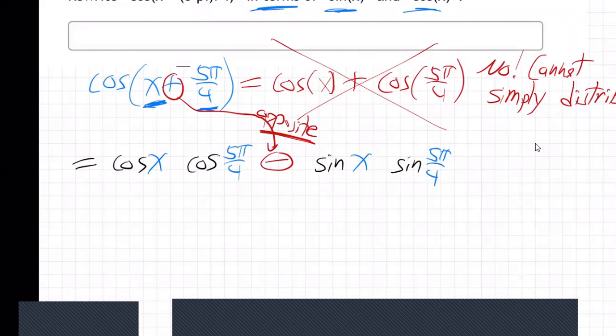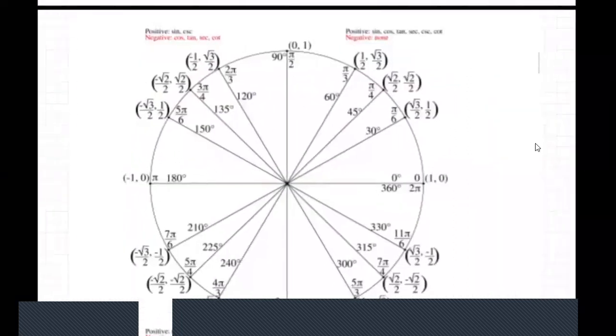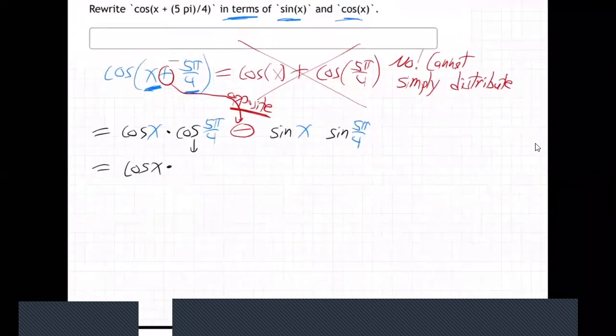Okay, now what do we do with that? Well, cosine x just stays cosine x. Oops, sloppy here. My pen is just getting so slow, it's lagging. It's just cosine x, okay, times. Now, what's the cosine of 5 pi over 4? Well, we can just go to the unit circle and grab it. Let's go to the unit circle, put it in here. 5 pi over 4, where is it? Right here. 5 pi over 4. Cosine and sine, they're both negative root 2 over 2. So we just go, okay. So this is